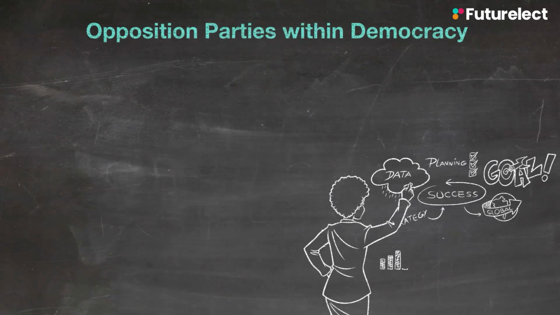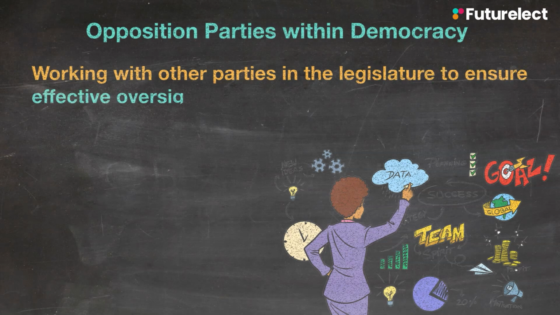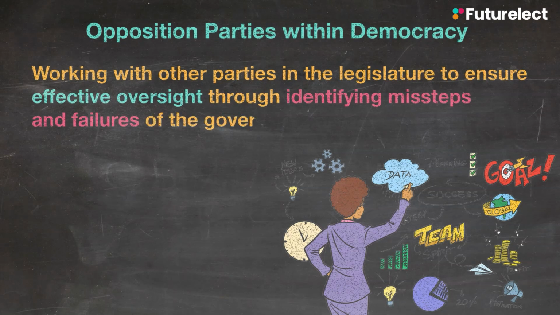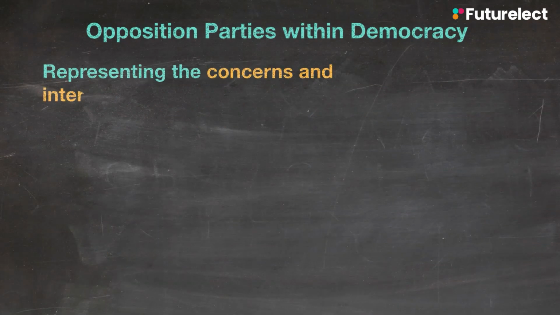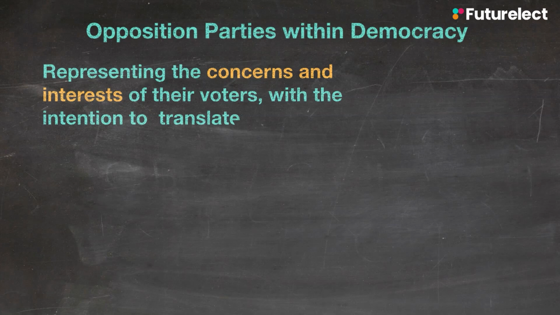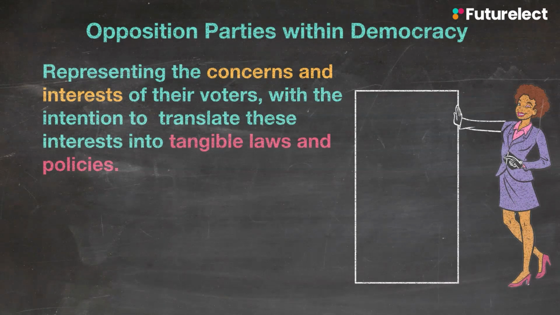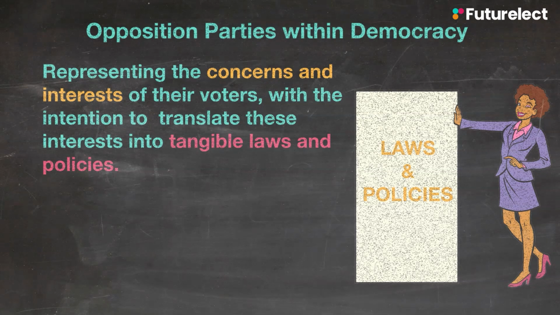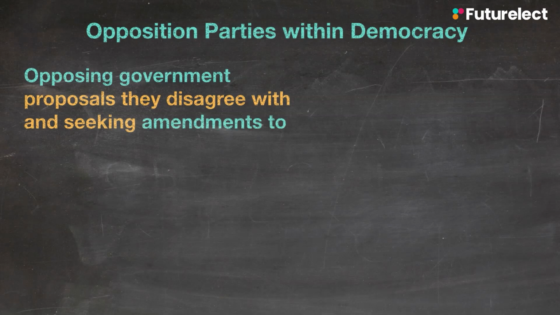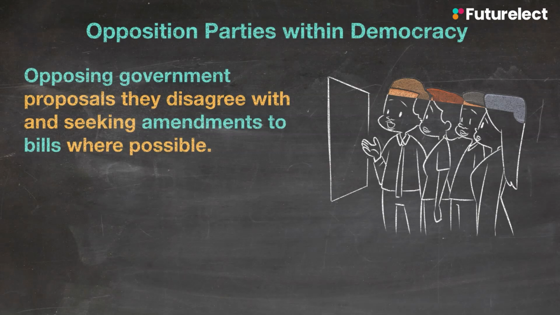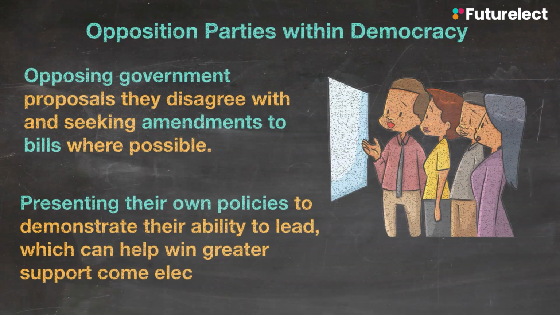Opposition parties play their part in democracy by working with other parties in the legislature to ensure effective oversight through identifying missteps and failures of the governing party or parties, by representing the concerns and interests of their voters with the intention to translate these interests into tangible laws and policies, by contributing to making policy and legislation through constructive criticism, by opposing government proposals they disagree with and seeking amendments to bills where possible, presenting their own policies to demonstrate their ability to lead, which can help them win more support come election time,